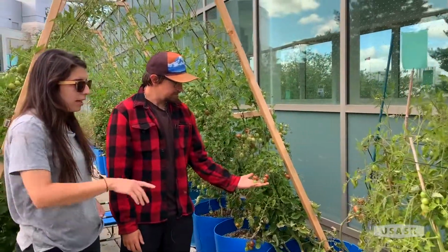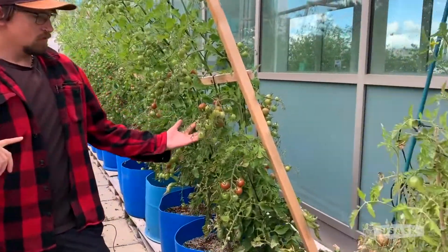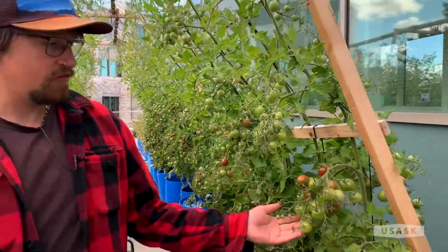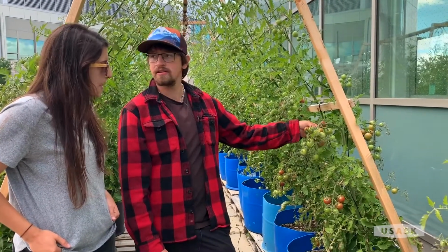That was the other thing. Yeah. So we obviously have tomatoes over here, but definitely not as much as on these ones here. Does that also have to do with pruning then, or? Yes, it does. Yeah. The more that you prune, the more the plant is able to put its energy into